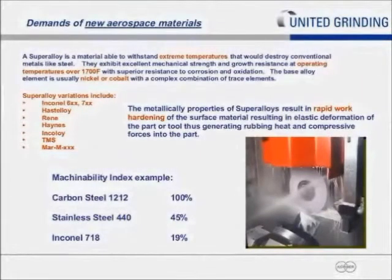challenge. I mean, typical alloys, trade names, Inconel, Hastelloy, Rene, etc. And these materials are characterized by their ability to withstand temperatures and stresses, but they're also characterized by their rapid work hardening when you try to machine them. They typically have a very elastic deformation that creates rubbing heat and compressive forces into the surface, which are not